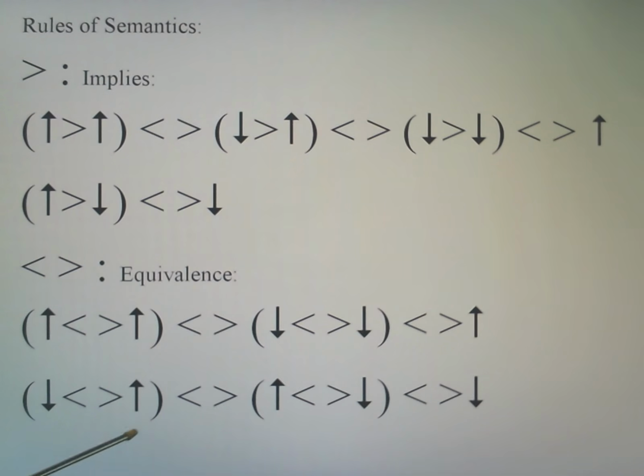If we have true and false or false and true, clearly those are not the same. And so the question that asks, are these of equivalent value? And of course, the answer is no, that is a false statement. Right? So there are our five logical operators: not, or, and, implies, and equivalence.